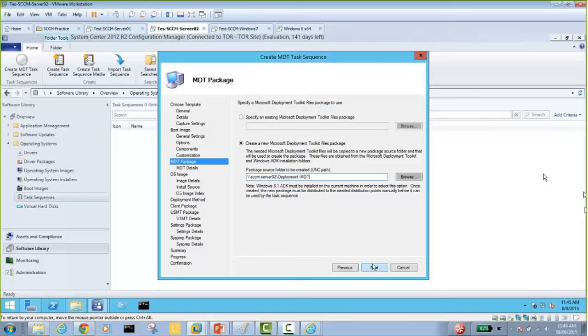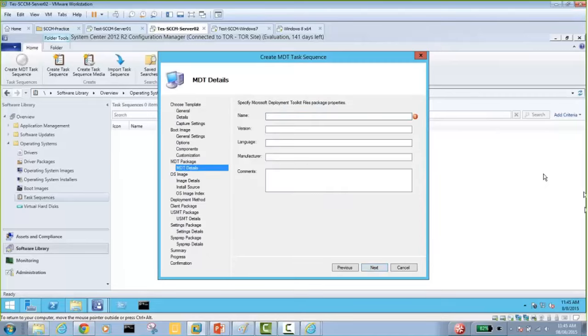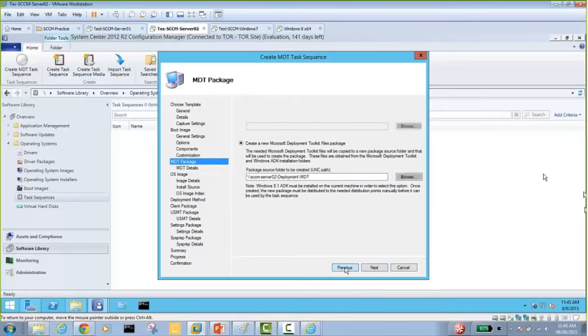Okay, next, everyone there? Yeah. Okay, thank you for confirming. Next, we're gonna name it as well. So what are we supposed to name it? Package source. So it's Microsoft MDT, Microsoft Deployment Toolkit Files Package. So next,